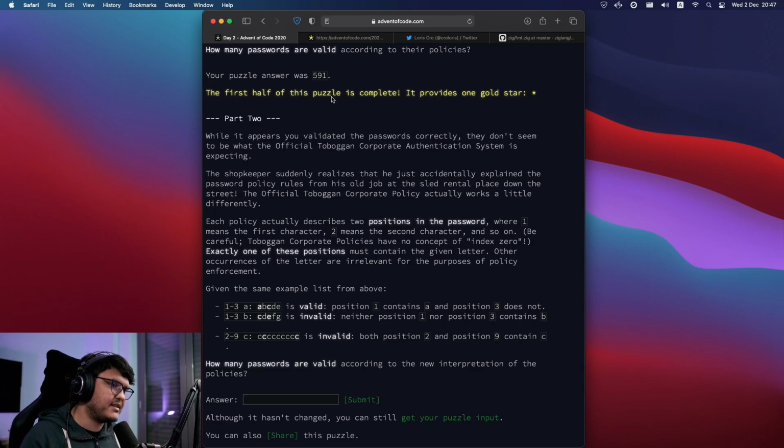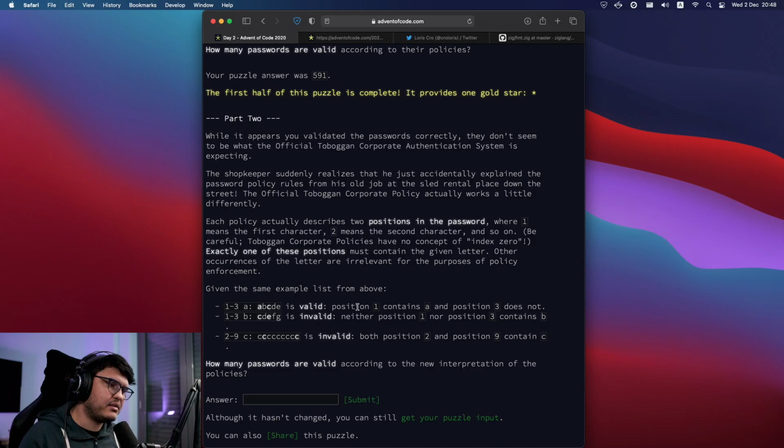Okay. Exactly one of these positions must contain the given letter. Oh, that's funny. Okay. Other occurrences of the letter are irrelevant for the purposes of policy enforcement. Okay, so we want in position 1 there has to be an A. Wait, decide the position of the password where 1 means the first character and 2 means the second character, and so on.